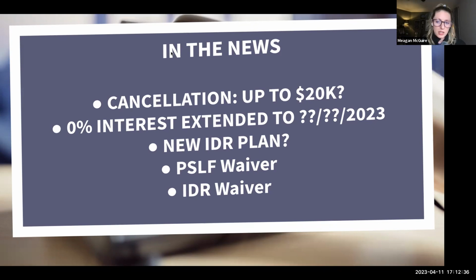You can get up to 20,000 though if you had received a Pell Grant when you went to school, which is usually issued in undergrad. And a Pell Grant was not a loan, but it was something that would have made the cost of attendance less for you. So that might give you an idea of if you were even eligible.